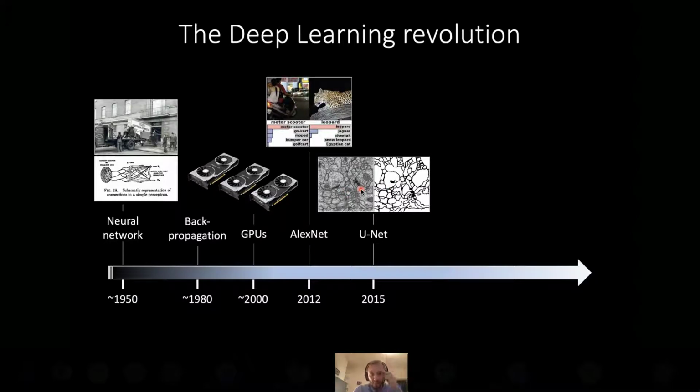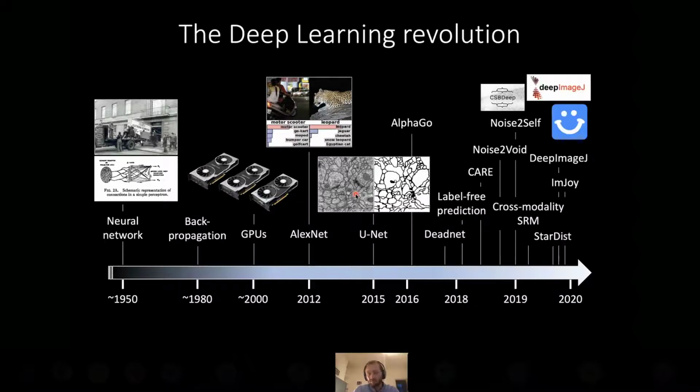that the invention of those neural networks really showcased the potential of deep learning, in particular for image analysis: for image classification in the case of AlexNet, and for image segmentation and image-to-image tasks in the case of UNet, here showcased on image segmentation of electron microscopy data. And then AlphaGo in 2016,